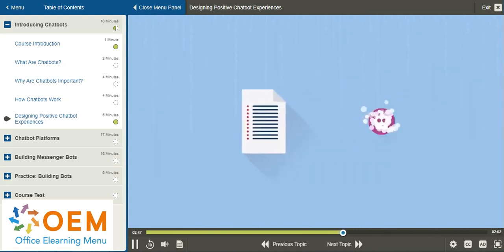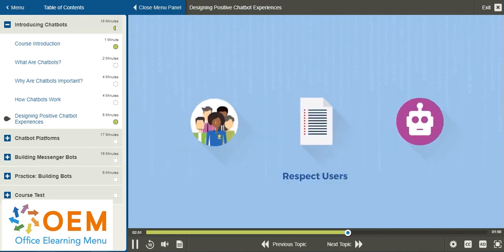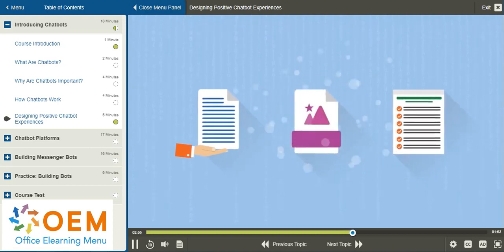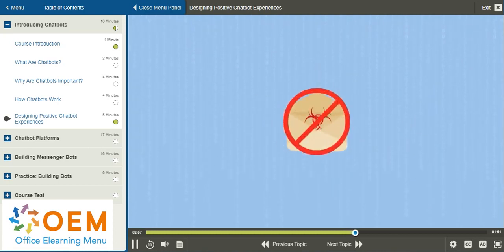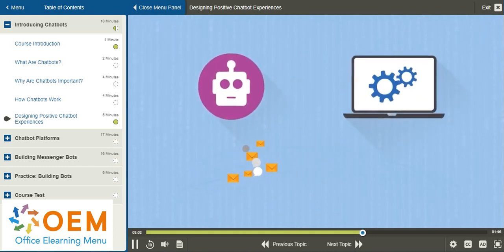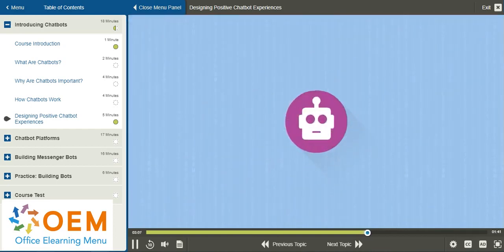Another couple of tips to make better bot experiences would be to respect users. And by that we mean don't send big messages, long messages, or messages that are heavy with graphics. And don't spam users. There's nothing worse than signing up for a bot and then it's constantly bombarding your device or your pages with spam. If the bot replaces a human,